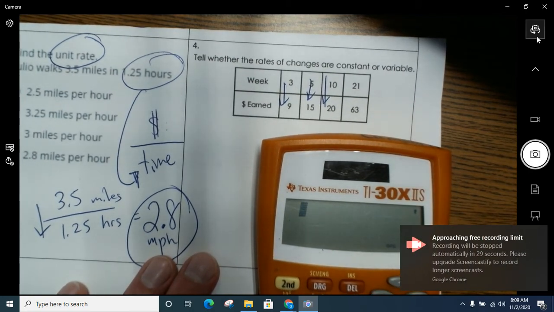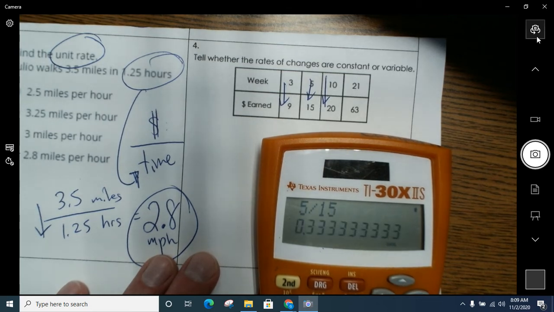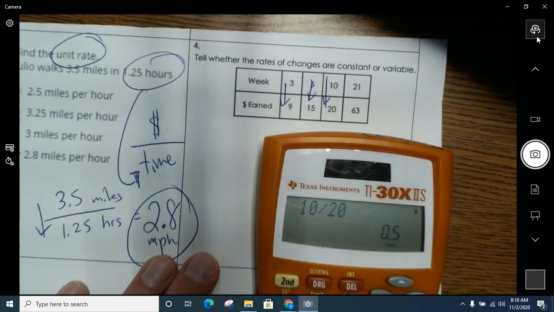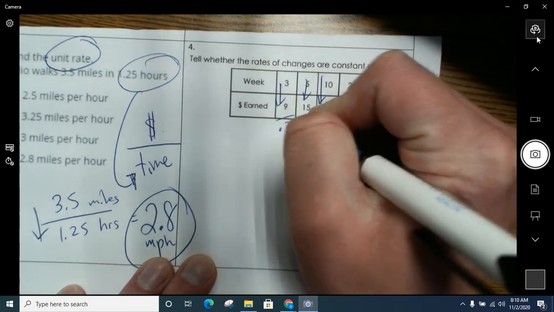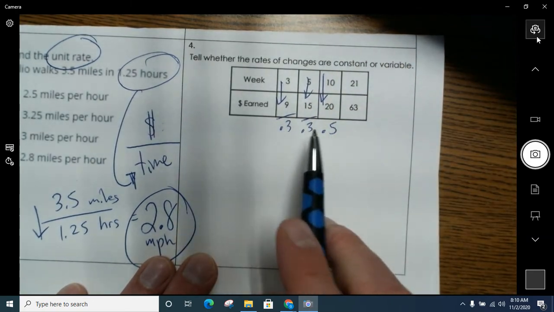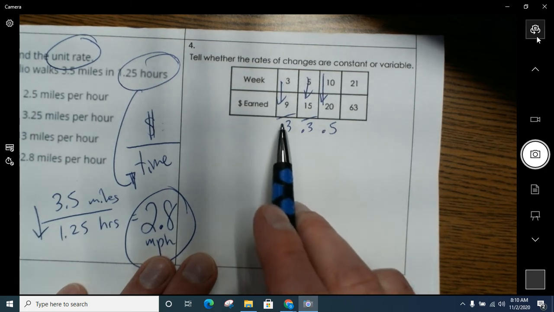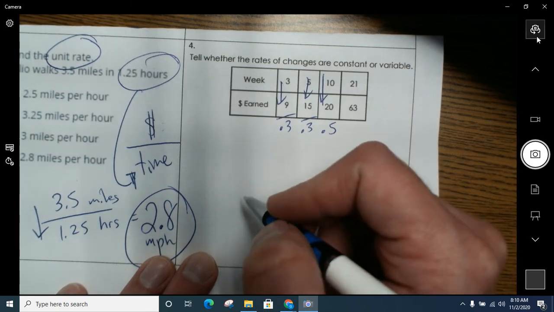So over here, let's go 3 divided by 9, 0.33333. 5 divided by 15, 0.33333. 10 divided by 20, and I get 0.5. So here I got the 0.3 repeating, 0.3 repeating. Make sure to check it at least on 3 points here, because then you can see that we did not get the same answer on that last one. So this one, these are not